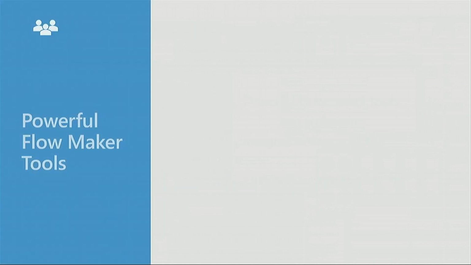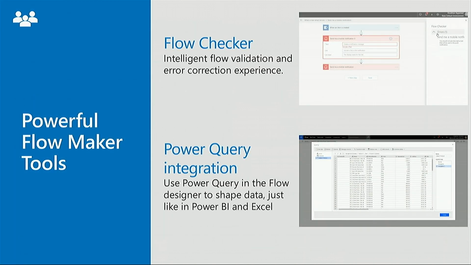on it. If we look at the Maker tools, we can see Flow Checker. Just like we talked about with the app checker and the solution checker, there's also something that will analyze your flow and make performance and reliability and quality recommendations based on the rules that we've seen operating a hyperscale worldwide service with Microsoft Flow.